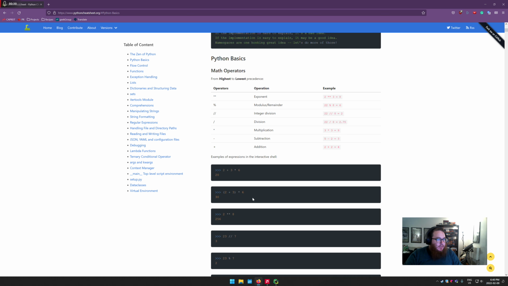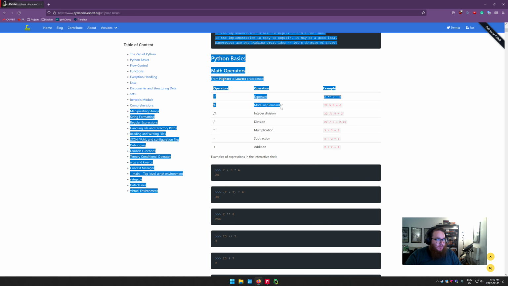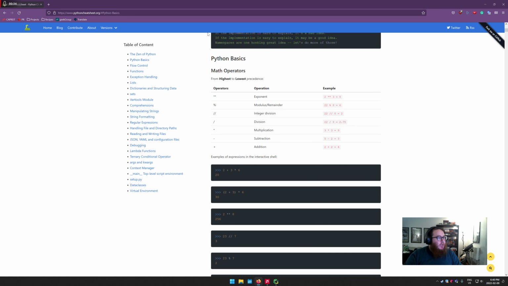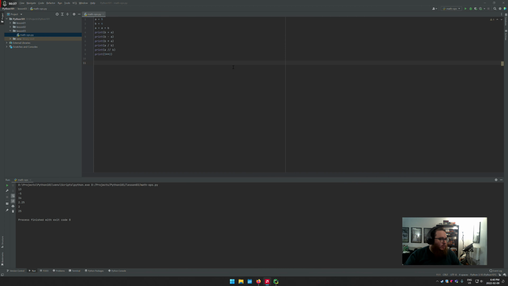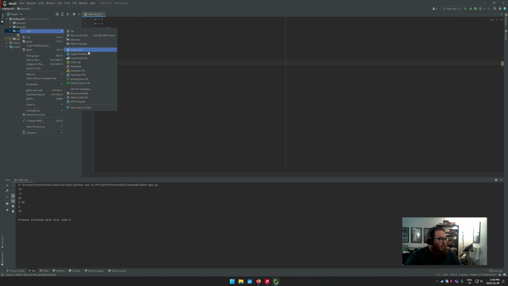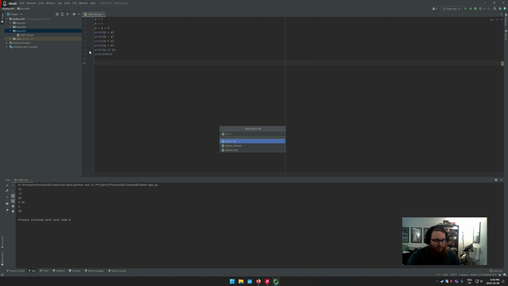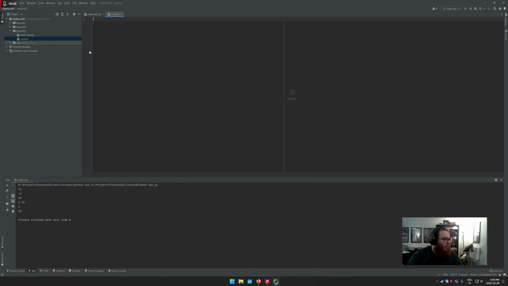Next, we are going to talk about this last operation that we didn't discuss before, which is modulo. Modulus is the remainder, which means if I divide, how much is left over. So I'm going to call this one mod.py, and I'm going to create a separate folder, and we're going to talk about this by itself. So mathops is my mathematical operations, and mod is my